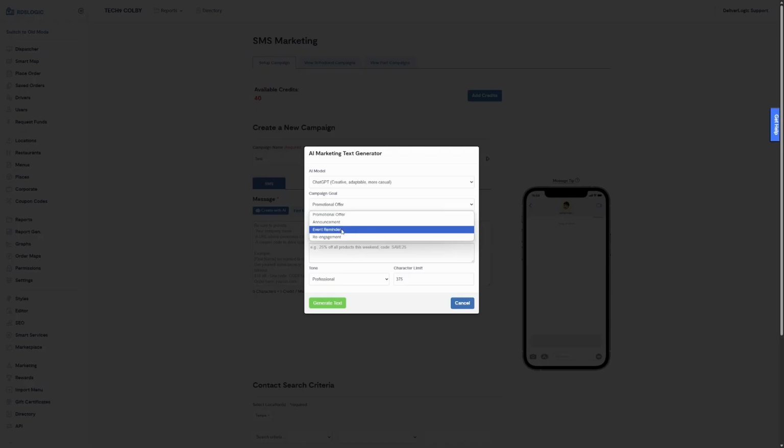Then it can be an event reminder. You can set it up to where you have, for example, Wednesday free delivery days, and you want to remind people on Monday night, for example, about it. And then you have re-engagement, and you would filter down your contact search to people that haven't ordered in a while. So in this case, I'm just going to do a promotional offer,